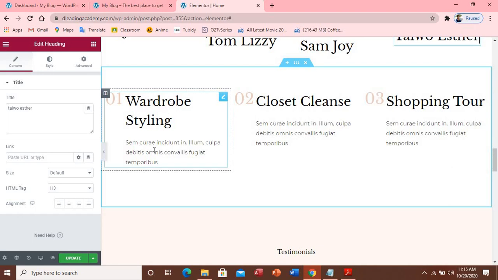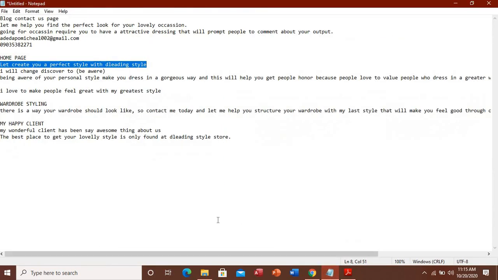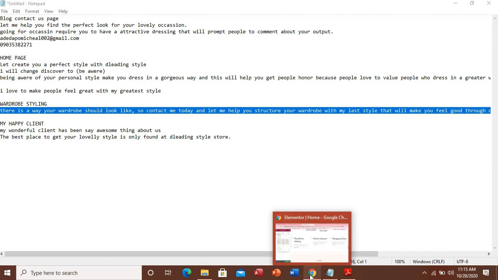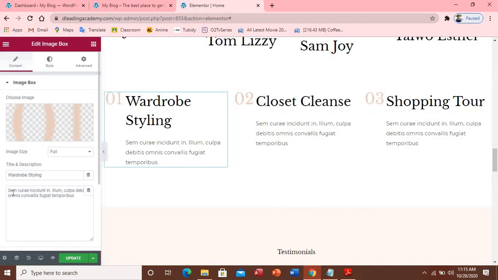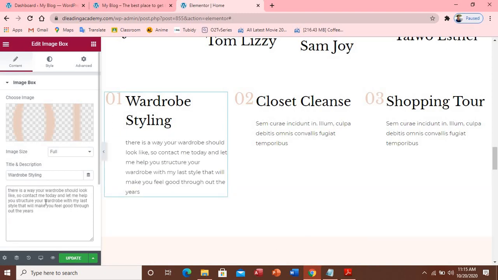Now wardrobe styling. So let's leave it like wardrobe styling also. Let's come to here and let's say okay. I have some written text that I've written already. And this is it. I'll just copy, and I come back to here and just paste it here. So when I paste my word here,